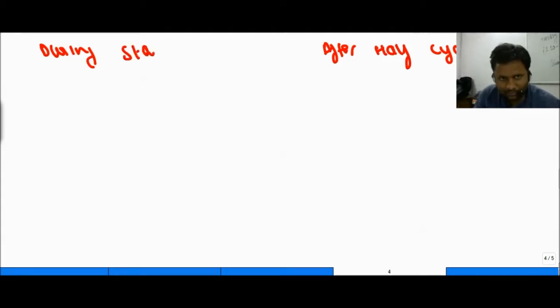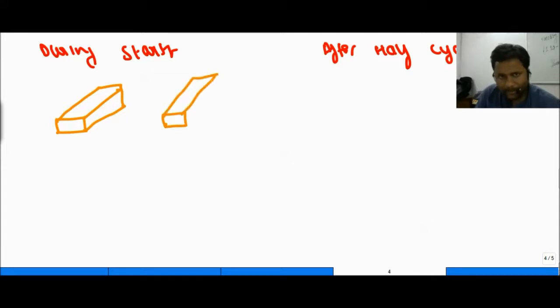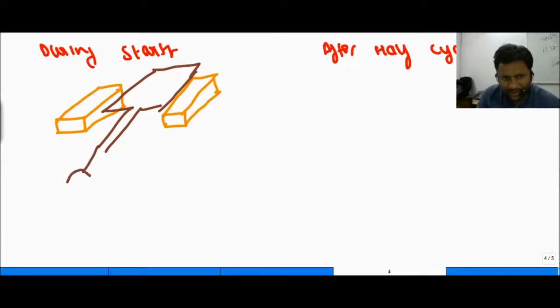During starting, let us redraw the circuit again. This is the north, these are the two magnets that we have learned, and the conductor is placed in this coil like this. You see the commutator segments. These are the mica insulation, and the other coil is touching this point. These are the brushes we have learned, and this is the DC load.